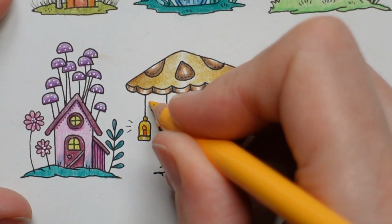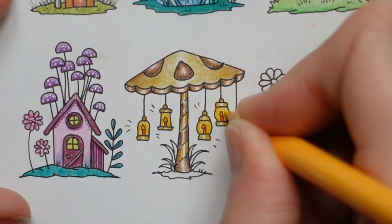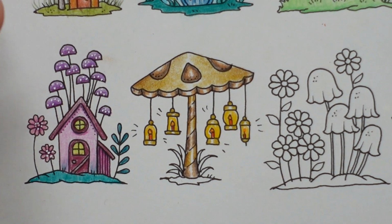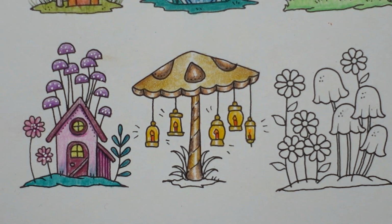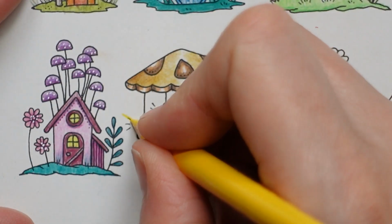I don't know if I want to draw around those lines, because it almost feels like then I need to do a background or something. I don't know. We've done a few grass lines, so maybe we can do these. Yeah, let's do that. They might not show up that well anyway, because I'm going to use a slightly lighter yellow. This is the cadmium yellow. I'm just going to sharpen. So here it is. Oh, we did a little bit on our one up there, didn't we? Cadmium yellow. So I'm just going to put